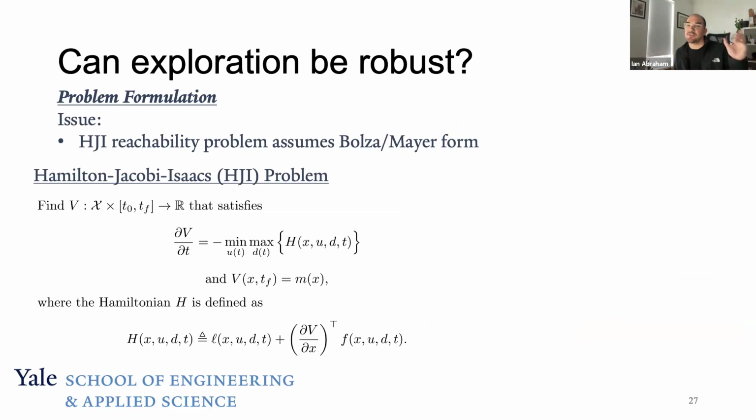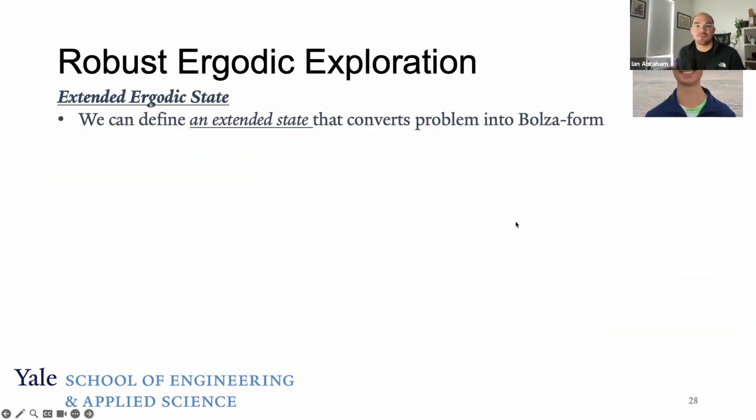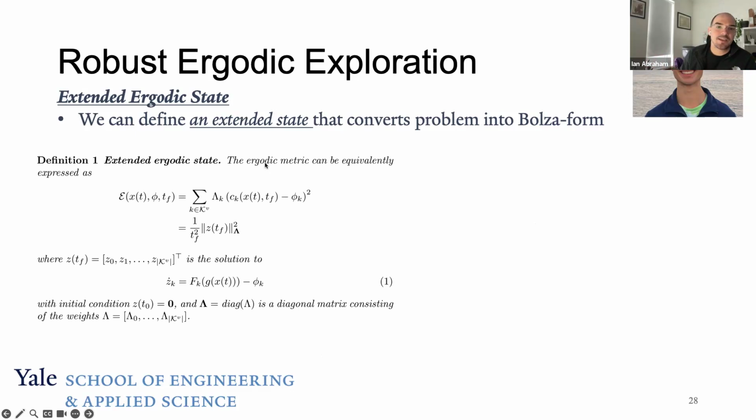One of the caveats is there's a specific form that the HJI problem needs to be placed in. And the ergodic metric, unfortunately, does not have this form. In fact, it takes a whole trajectory. So one of the things we had to do is what my student did. We just presented this at WAFR in Chicago this past year. He said, well, it turns out you can actually redefine the ergodic metric with what we're calling extended ergodic states. And the idea is that we can rewrite the ergodic metric as not just this